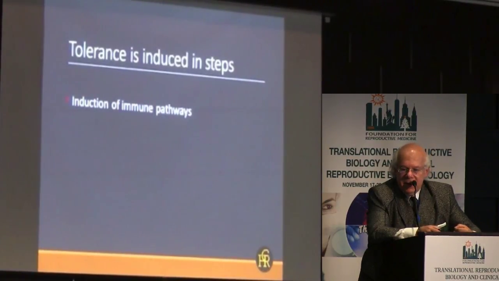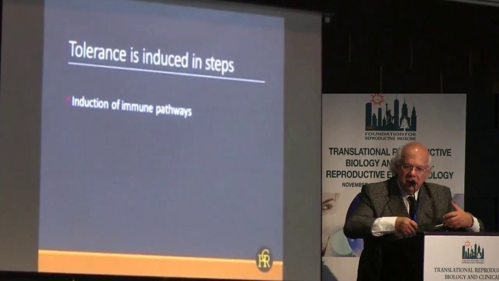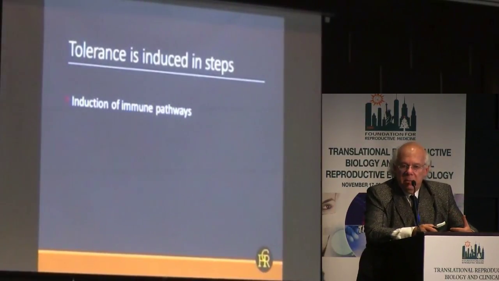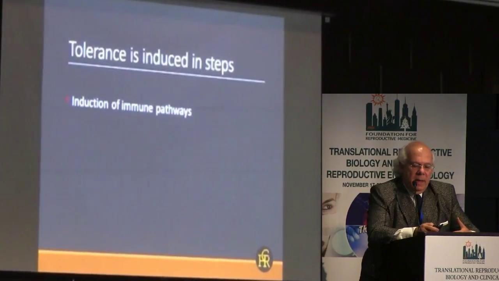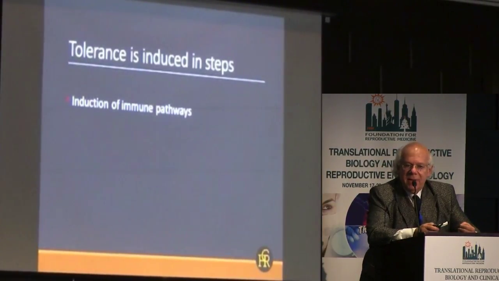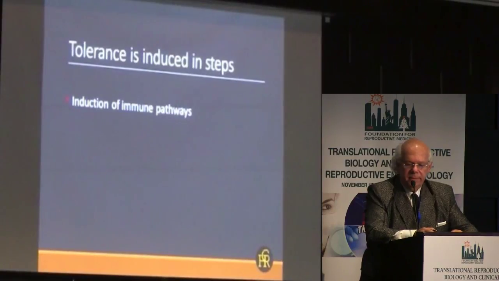So this initial induction step of immune tolerance probably happens already quite a while before the embryo implants, and probably also is further enhanced by the implanting embryo. And this is, as I mentioned, an innate process that every woman has, which, if her immune system is working normally, will establish all the necessary tolerance for that embryo not to be recognized by her immune system as being foreign.